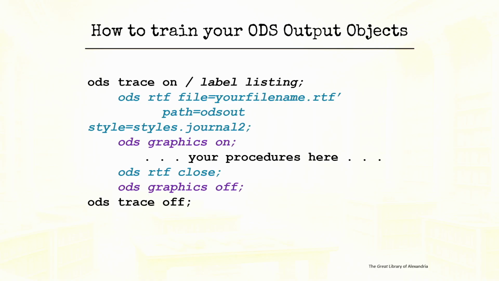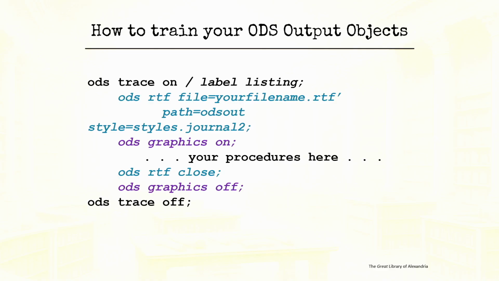Then you can run whatever procedure you want. If you want to go out to a destination, you can put that in there, and styles are there. Then you just say whatever ODS commands are in there, and end it with the ODS trace off. That label will then, in the log, include the label path for the output objects in the record. And then you can use that label path anywhere that you can use a regular SAS path.